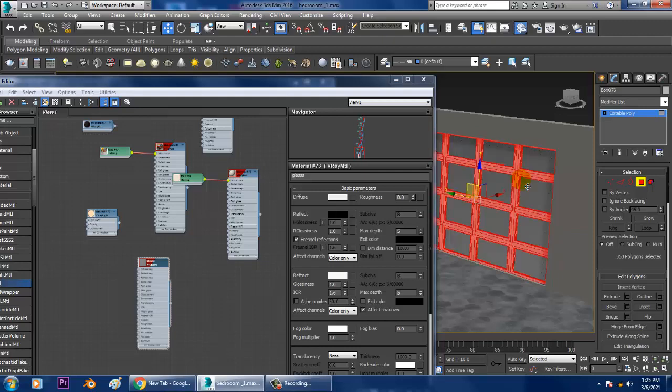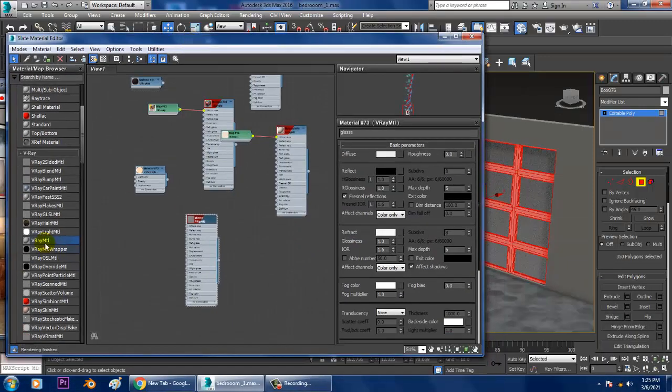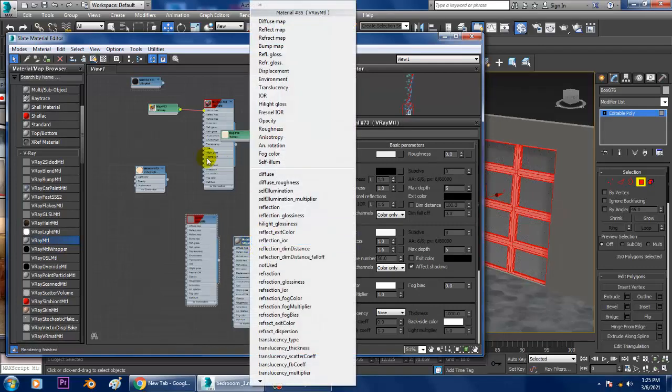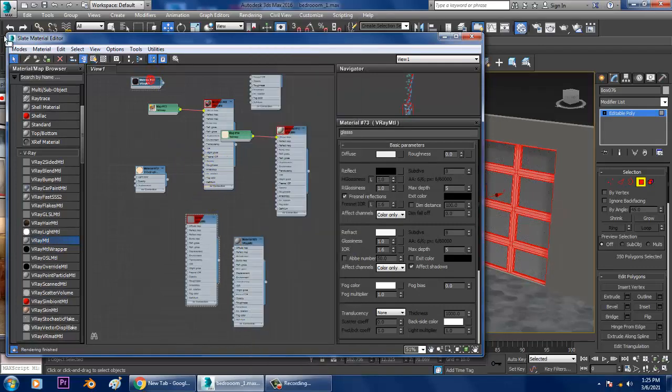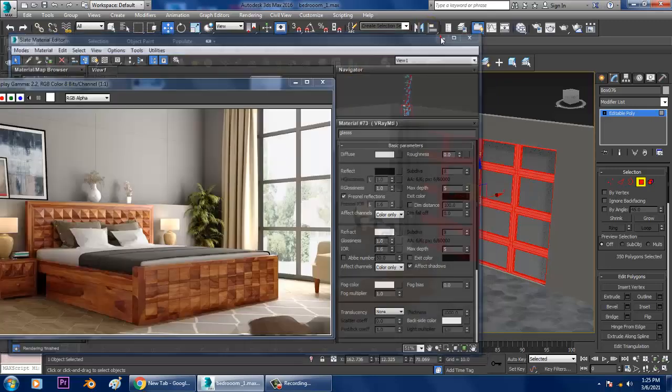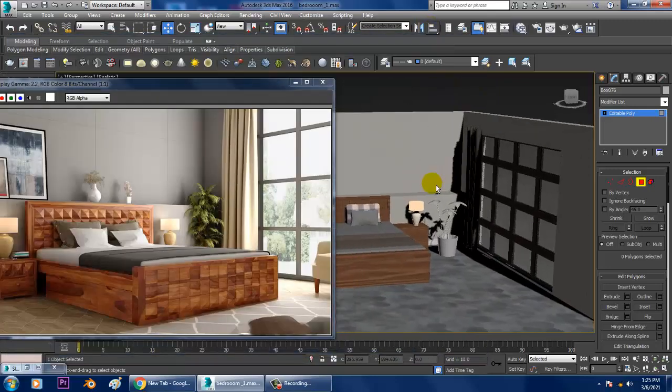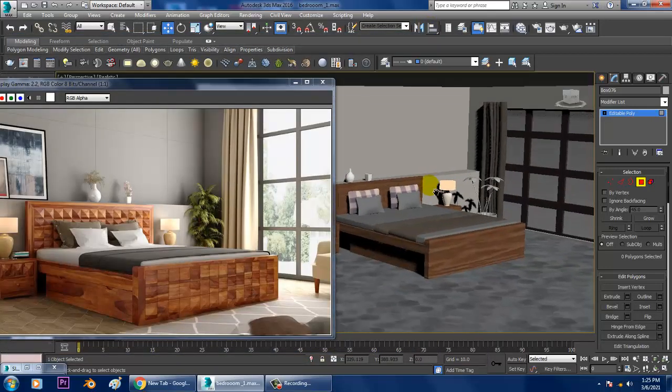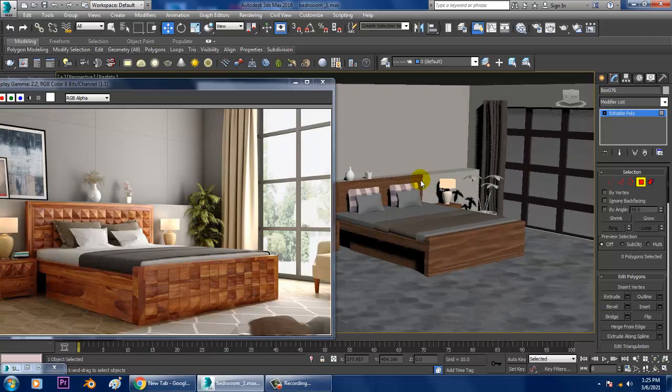Inverse it, and you can give a bit of a frame color. If you want, you can assign the same frame color, no problem, that looks good. You can give a bit of a darker frame color if required, not a problem.